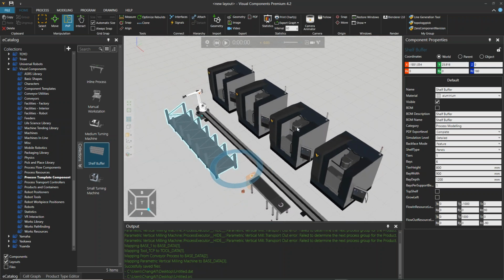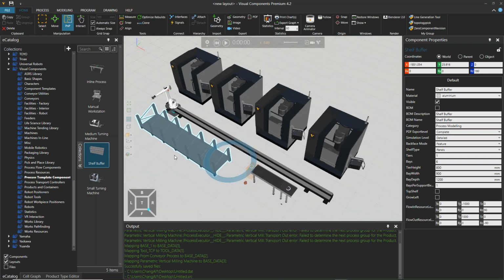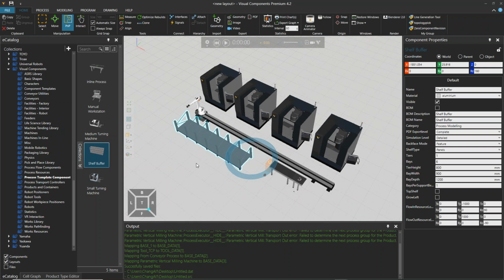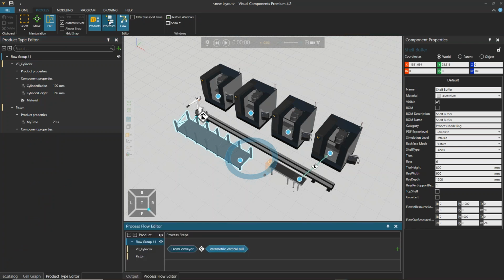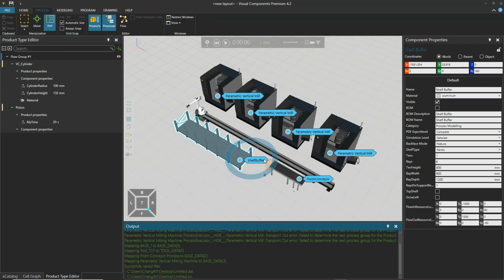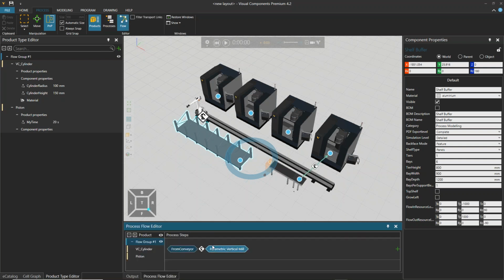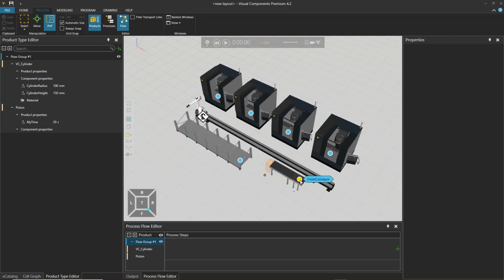There is the coordinate system over here, and you can set them in a way that you desire. As somebody also showed you, you can import the 2D files as well and organize your layout based on that. So if I just quickly go to process labels, you can see already the point that we want to pick the part, 4 processes that are the machines, and then the shelf buffer. So what I'm gonna do is just to delete the ones that are already there. Click on the from conveyor, choose the machines, and